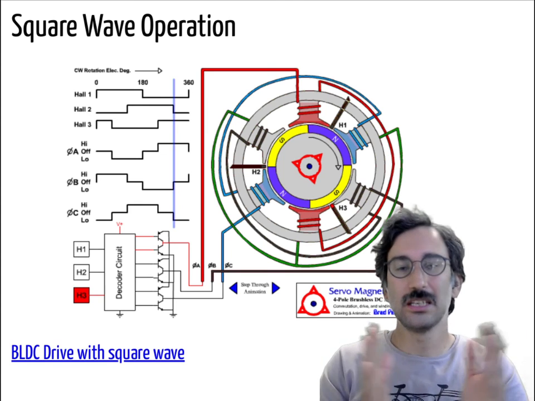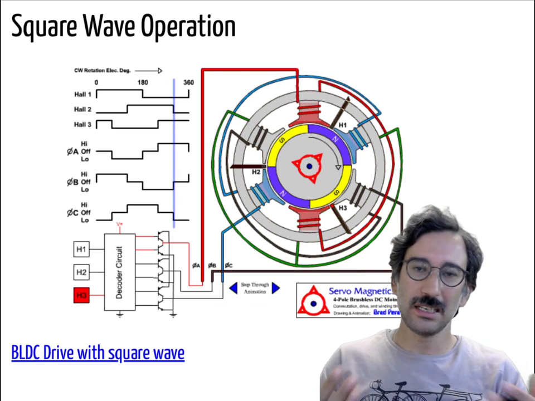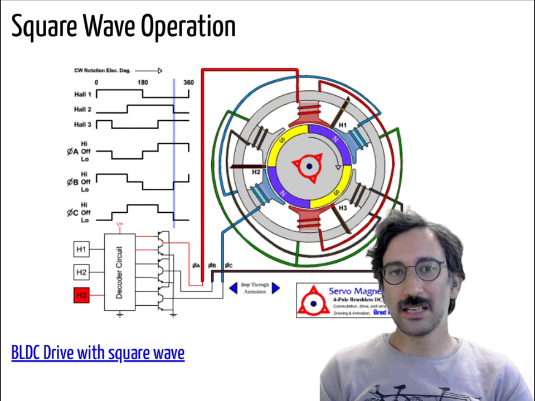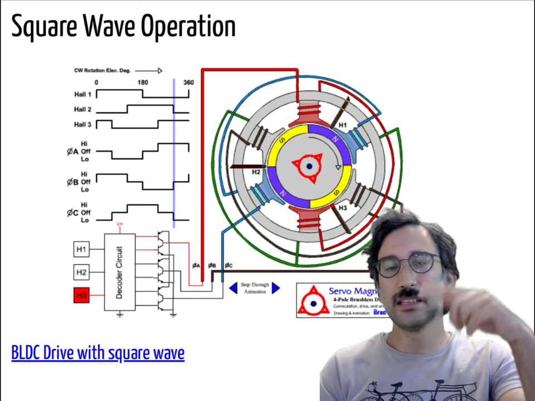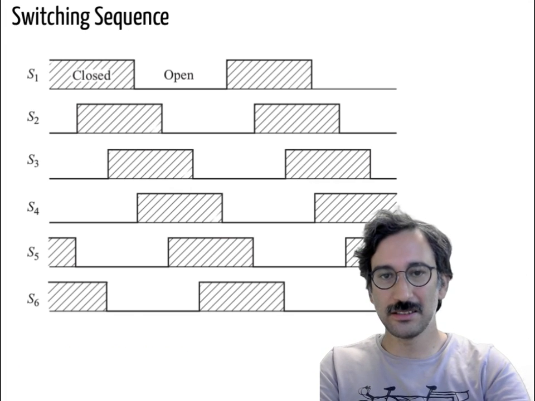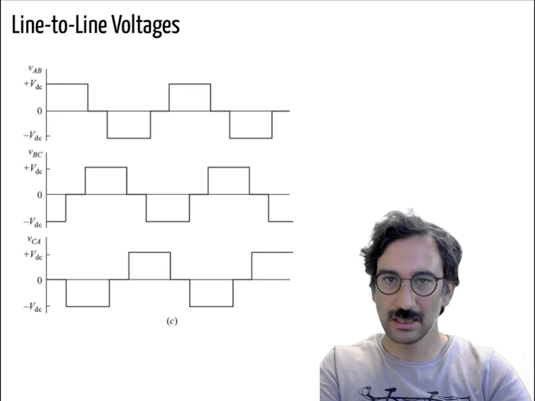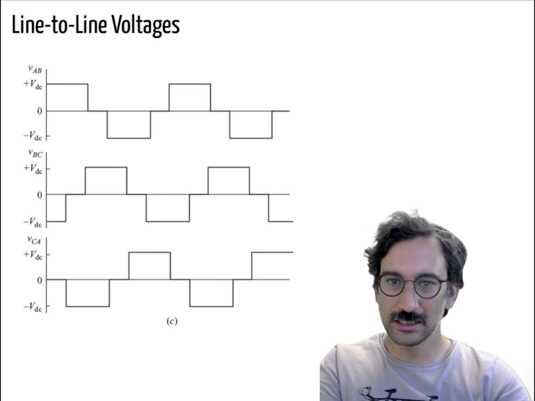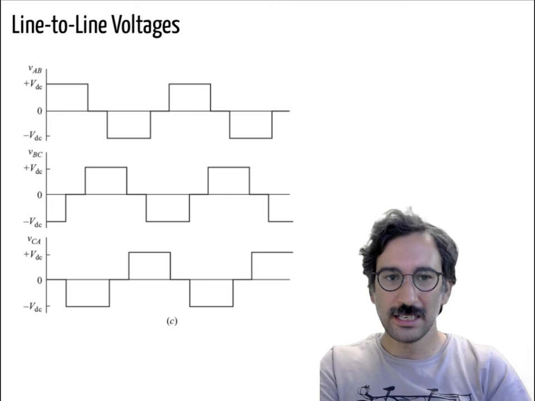The frequency can be changing, but assume it is running at constant speed, then every switching instant will take place at 60 degrees. Okay, so this was the sequence, and these were the line-to-line voltages. And again,